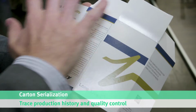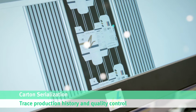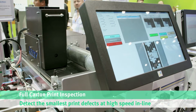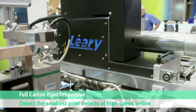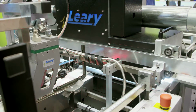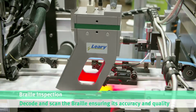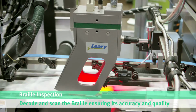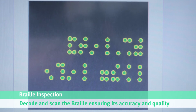Moving directly on to full carton print inspection, we're able to scan 100% of the printed surface of the carton, looking for the smallest defects to ensure the quality is perfect. We then move on to Braille inspection, where our camera technology scans the Braille on every carton to ensure that all of the dots individually are perfectly placed on the carton and the Braille is in fact the correct Braille